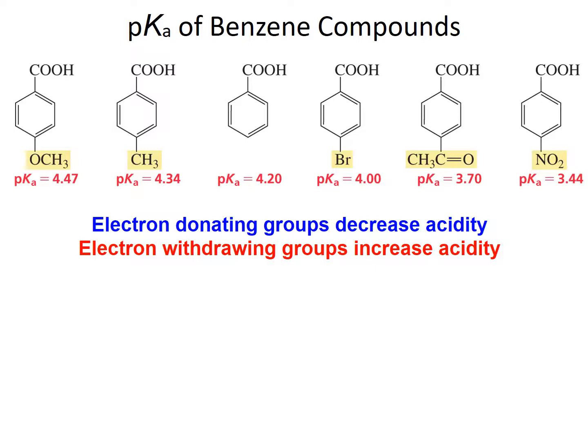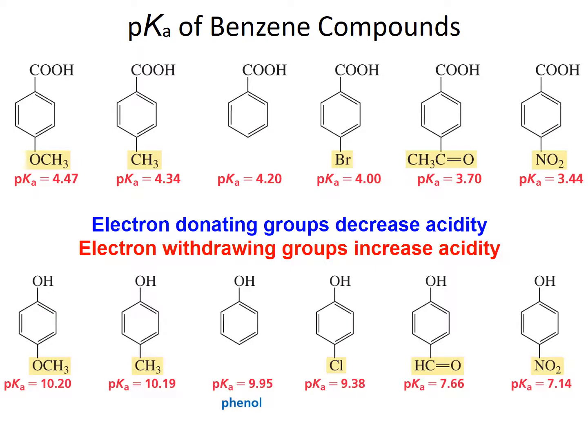So I show you this picture, not that you need to memorize pKa's, but to be able to associate whether or not it would increase or decrease the acidity of a compound. These are carboxylic acids. The bottom groups are phenols, but you still see the same trend having those groups make